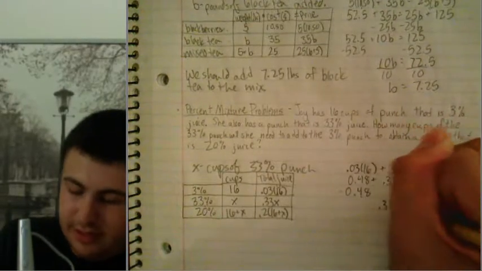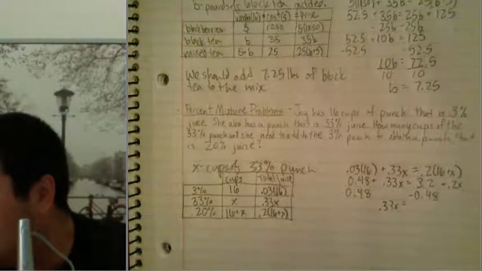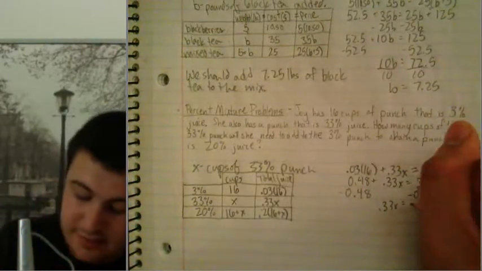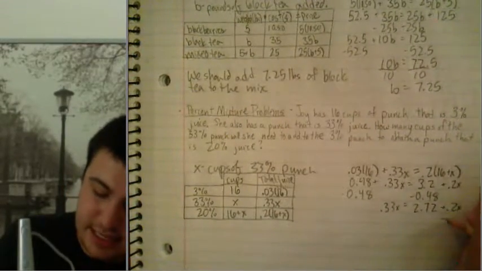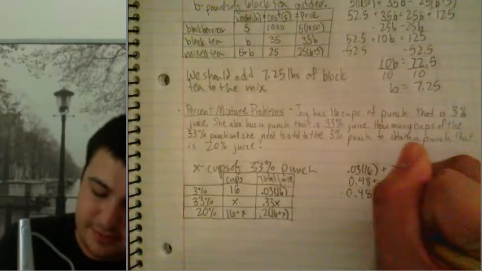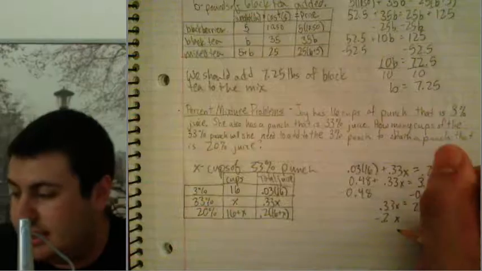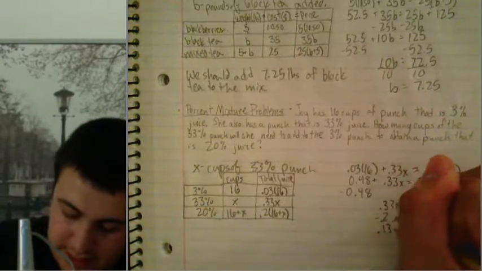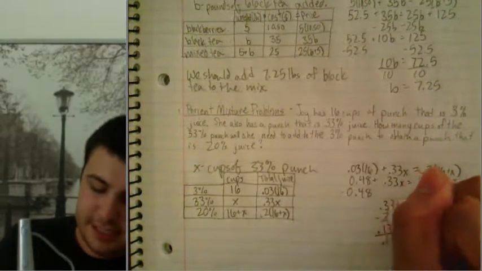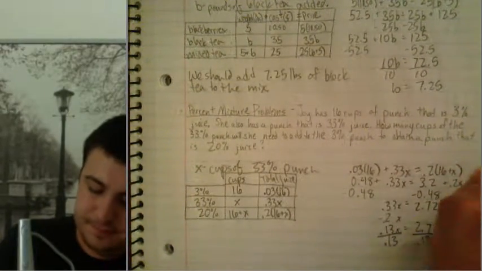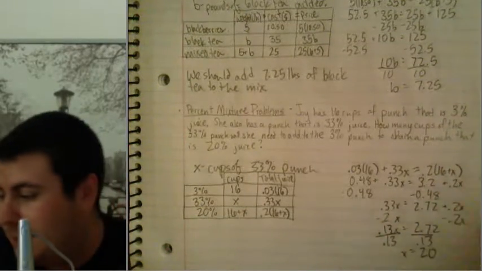We'll get 0.33X equals 2.72 plus 0.2X, which then I'm going to subtract that 0.2X from both sides, and I'm going to get 0.13X equals 2.72. When I divide both sides by 0.13, I see that X equals 20, we'll round to say